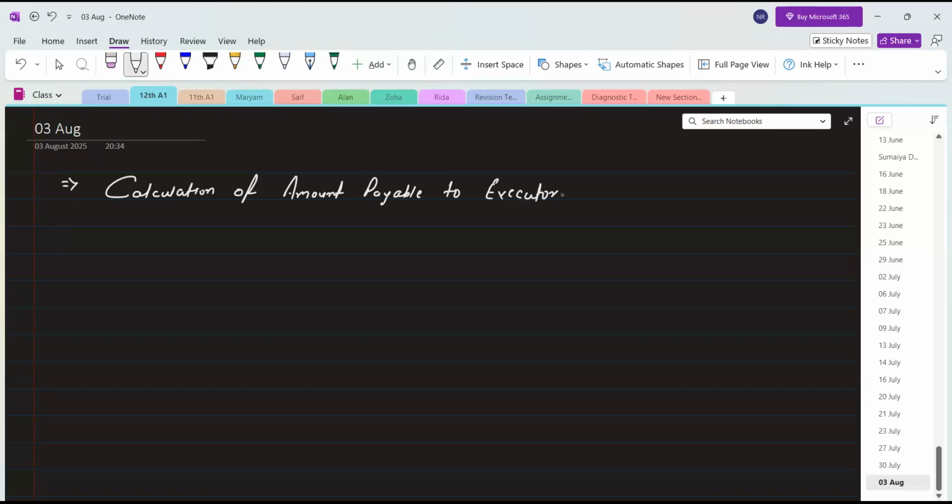We have to do the same thing, but the name is changed here. It is executor. There was a retiring partner. So first of all, there is a statement. We can prepare a statement in which we will write the opening balance